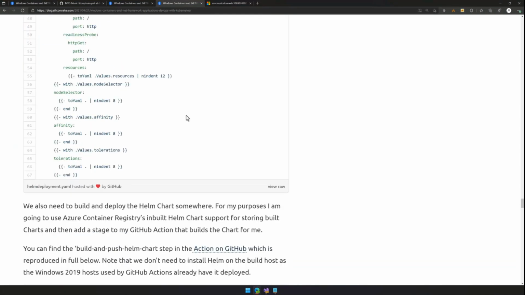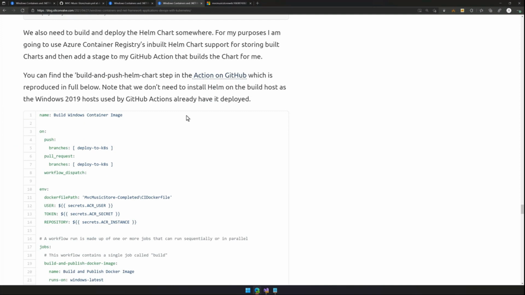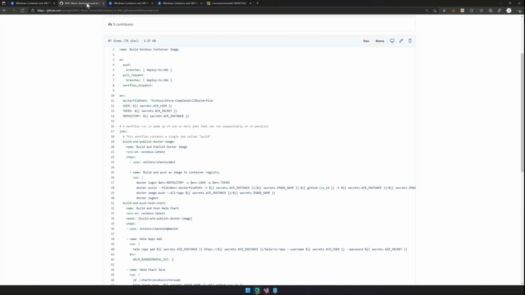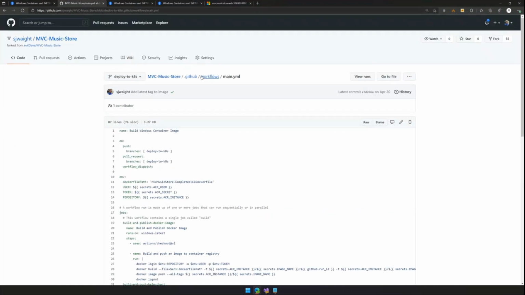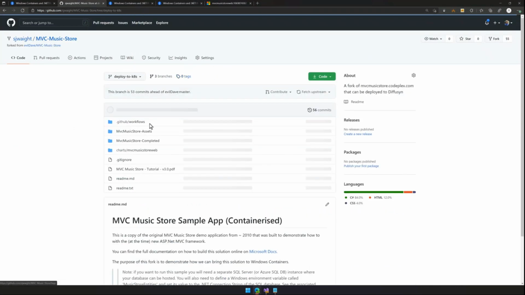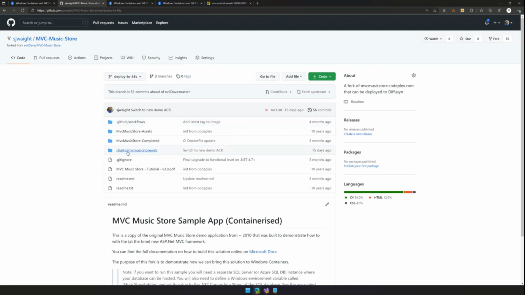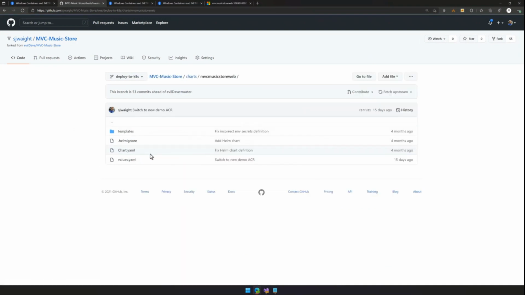All right, so with those changes, I now have a working Helm chart, and that also lives inside of this solution. So if we come back up to this particular branch here, you'll see we have the charts folder. I'm not going to go into each of the individual files, but all of the information that we need to build and deploy our application is inside this chart. Helm, the tool, compiles Helm charts, so it turns them into a deployable format for you.